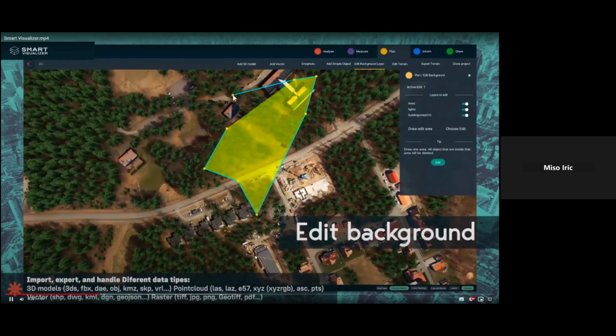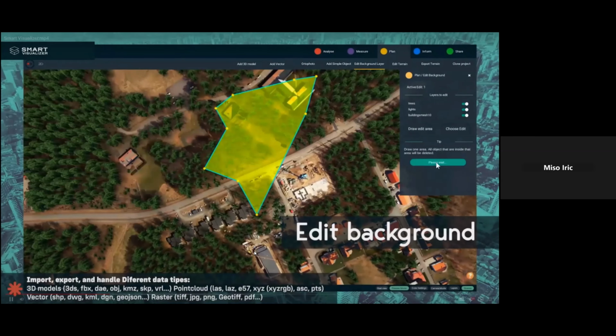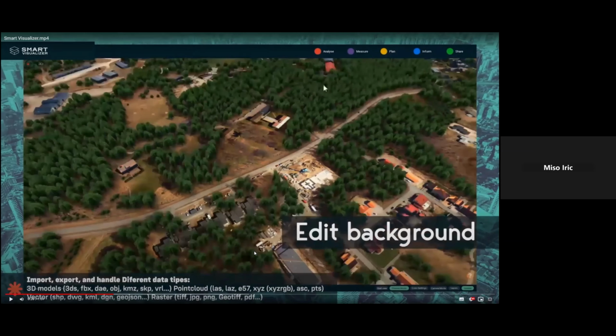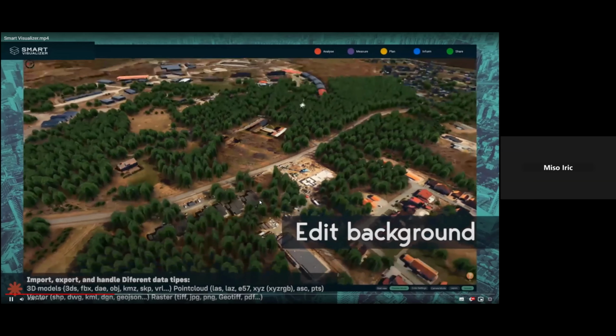Editing background. As I said, different people in different positions can be inside the same platform: a GIS engineer or planning engineer, a politician that is a decision maker. Everybody is in the same platform, and they are working simultaneously. For example, a GIS engineer is editing 3D background models, while a city planner is importing 3D data and creating 3D scenes for detail planning and so on.